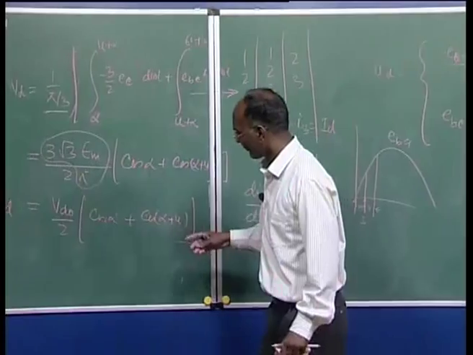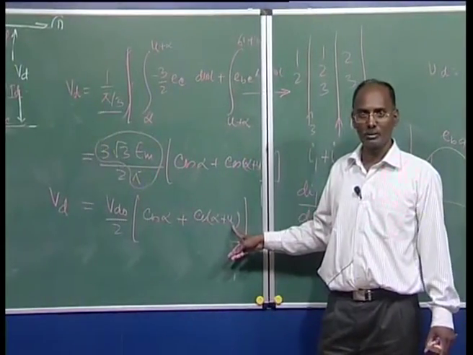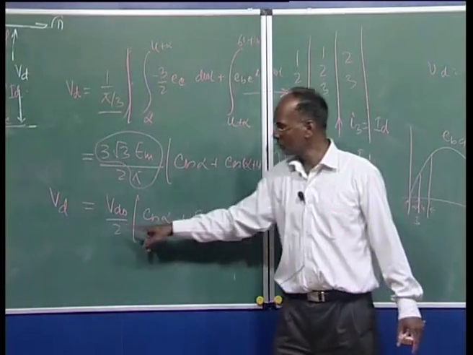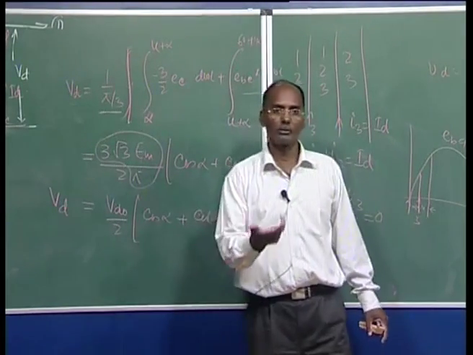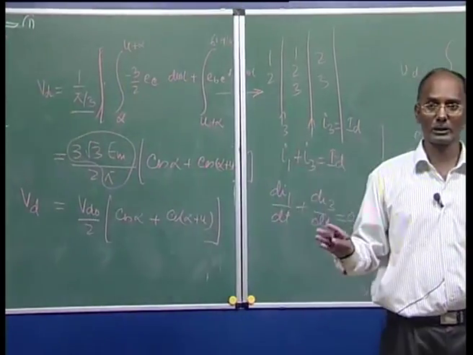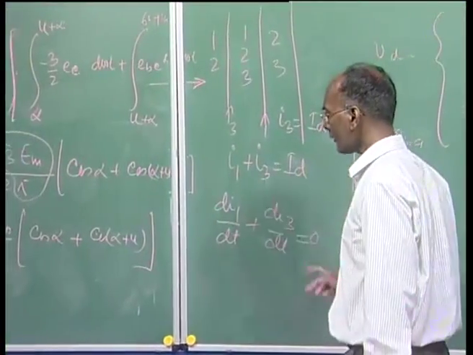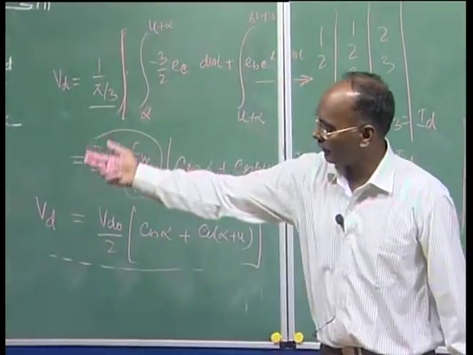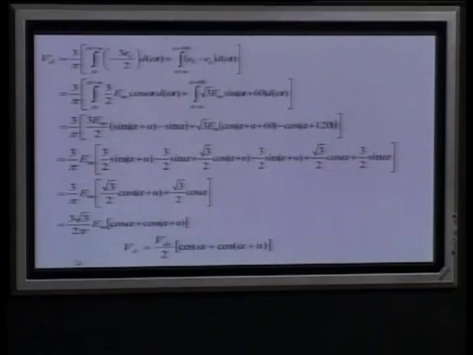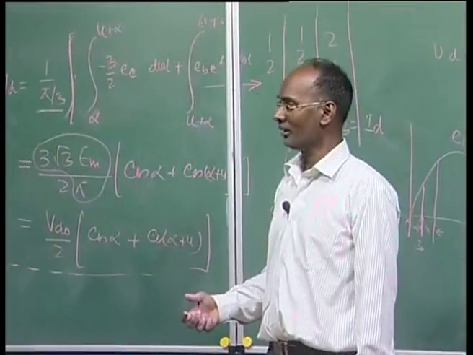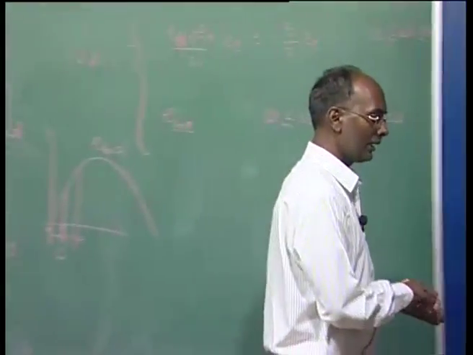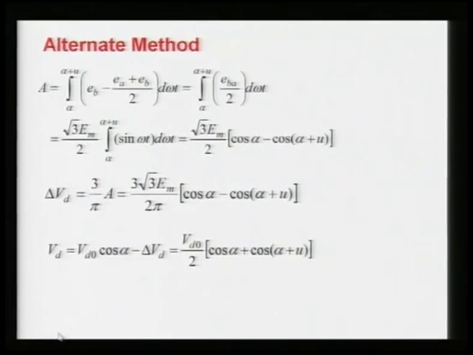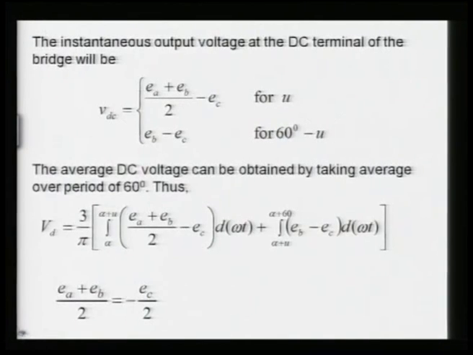Now here you can see if you put alpha equal to 0, we get the same expression. When u is 0, the 2 cancels with the cos alpha terms, and Vd is nothing but Vdo cos alpha, which we derived for the ideal case when only 2 valves were conducting. So this is the DC voltage. No doubt this expression may be complex. There is another way that we can derive it, and I will show it simply here, however I will derive it in the next turn.